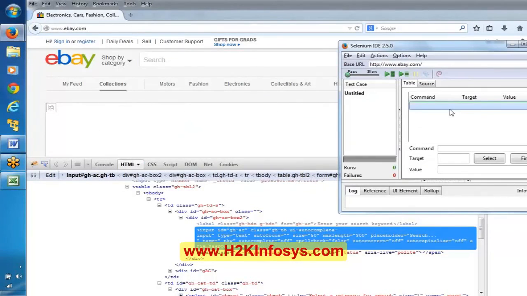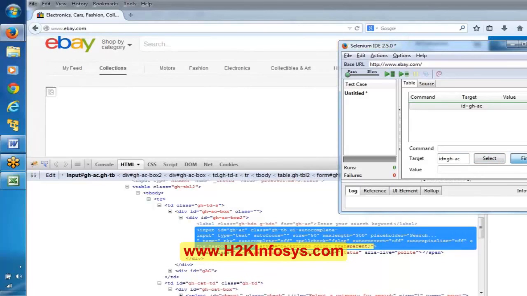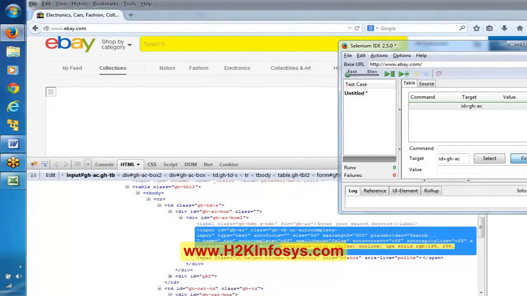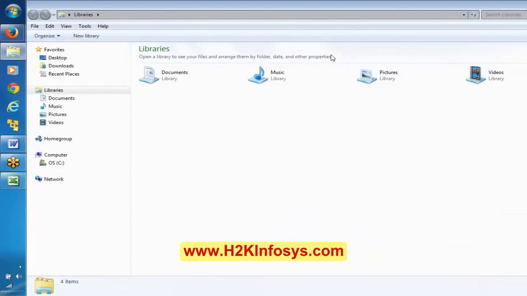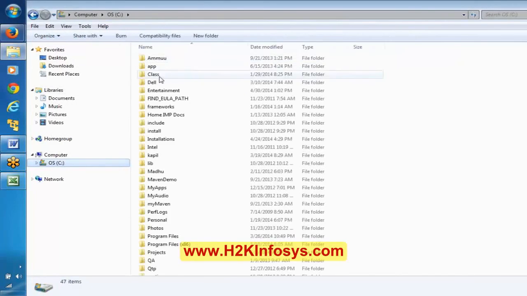Now observe here, can you all observe it is highlighting this particular text box? It means in this case Selenium uses ID to recognize this text box. However, the first preference is given to the ID. If ID is available, then while writing the script, here I was explaining about the references, right? Give me a minute, let me open it.